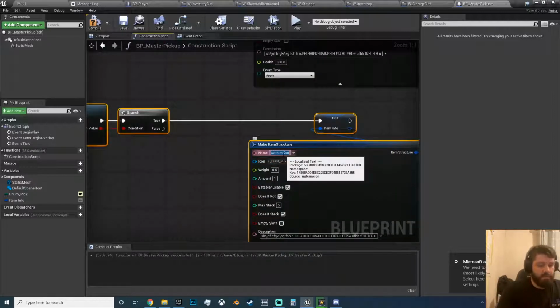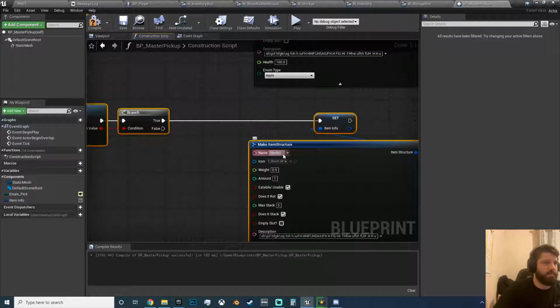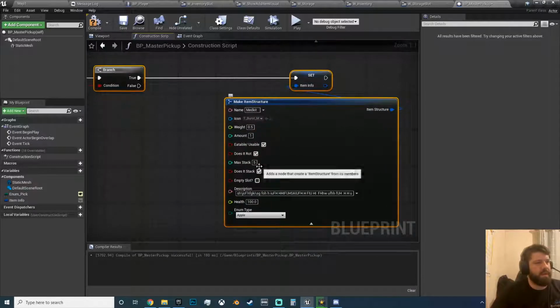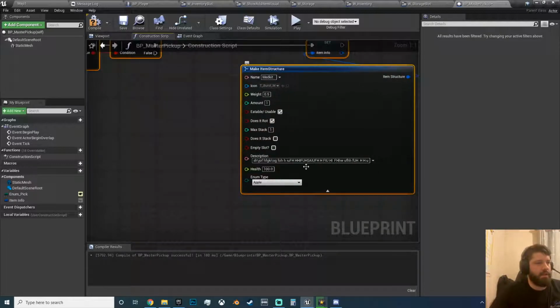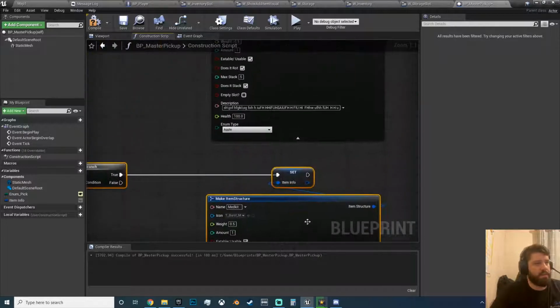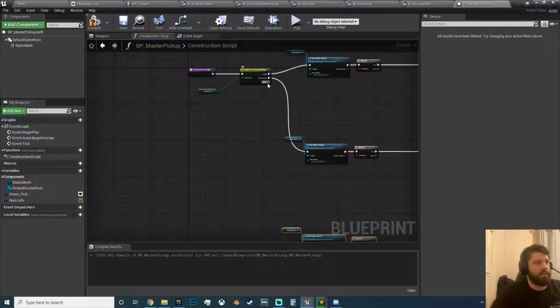This will be the med kit, and we will say it is not stackable. Put the 1 though, because you'll need to for the tooltip. Okay, and health obviously 100, and you could say, does it rot? No. Remember, change your enums. Did I do that here? No, I did not. Melon, and drag off